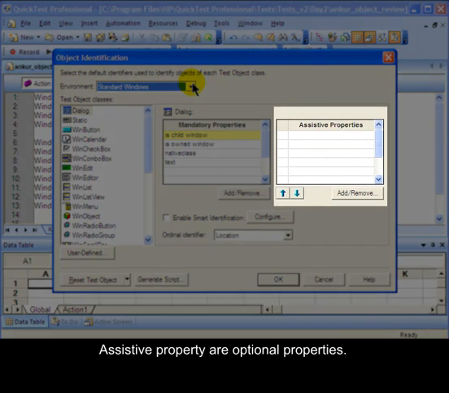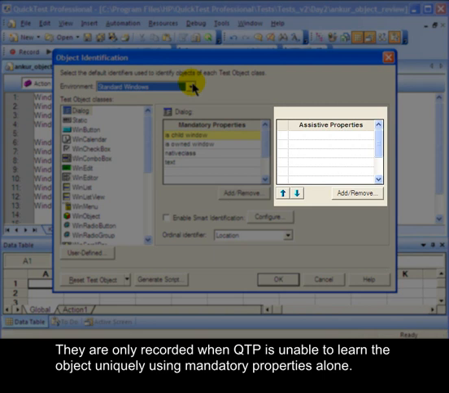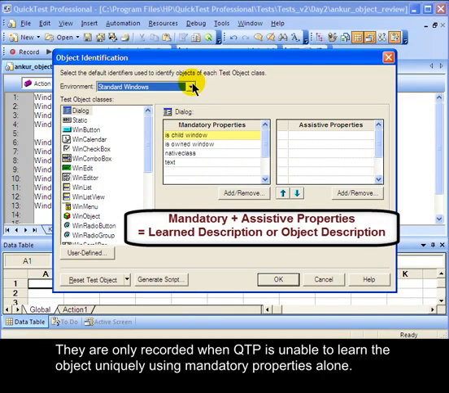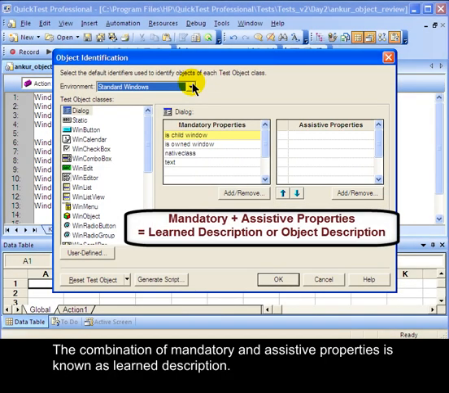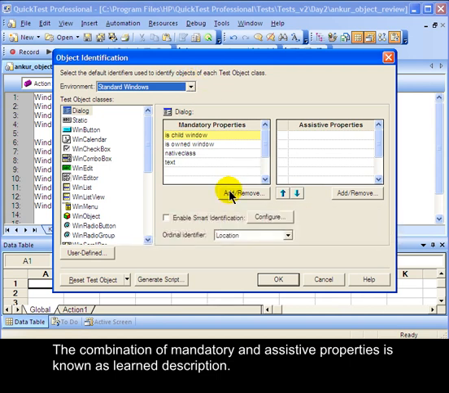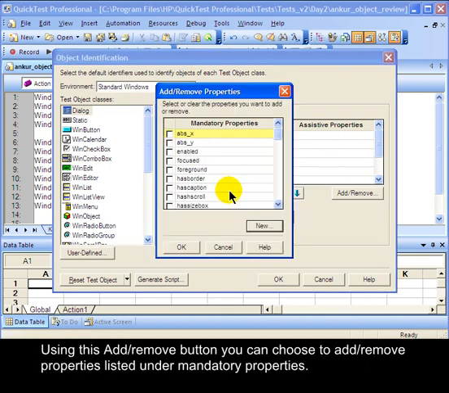Assistive properties are optional properties. They are only recorded when QTP is unable to learn the object uniquely using mandatory properties alone. The combination of mandatory and assistive properties is known as learn description. Using this add remove button, you can choose to add or remove properties listed under mandatory properties.